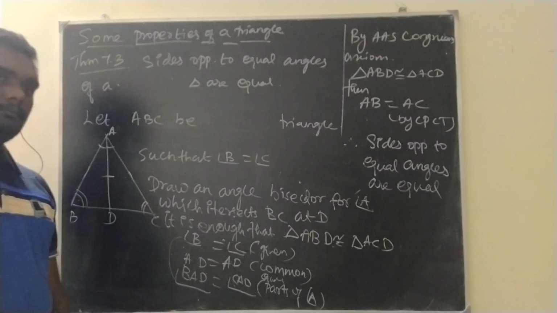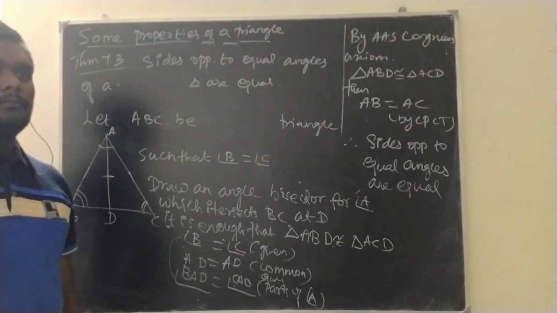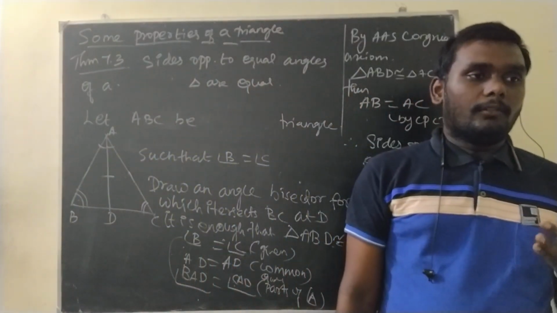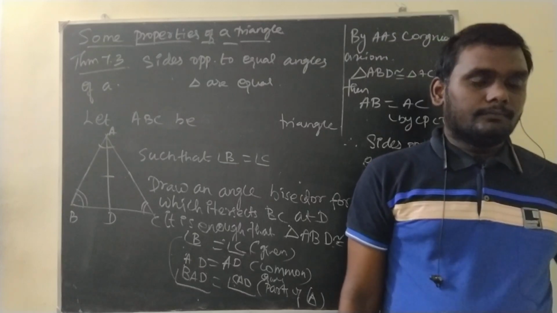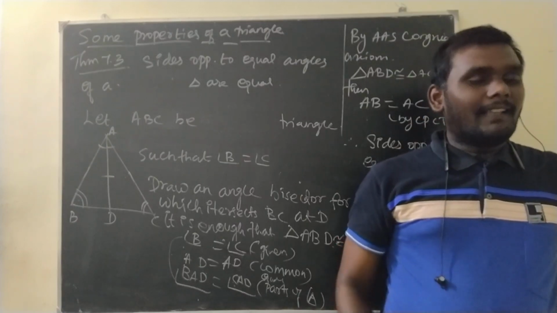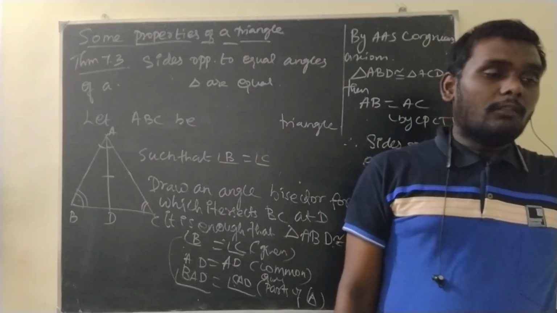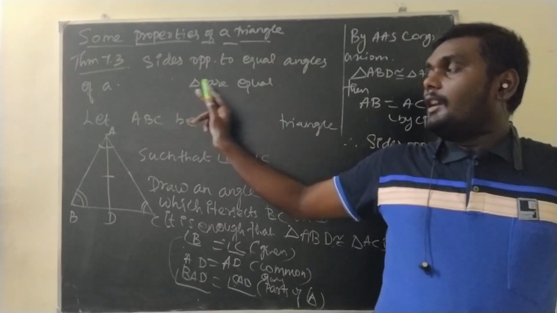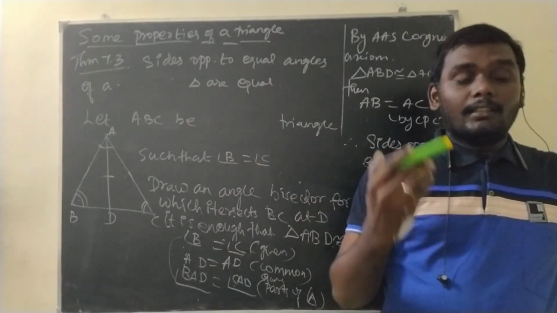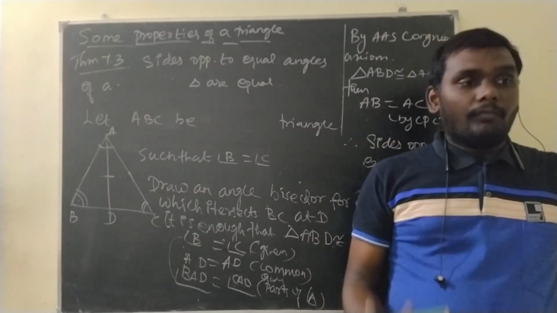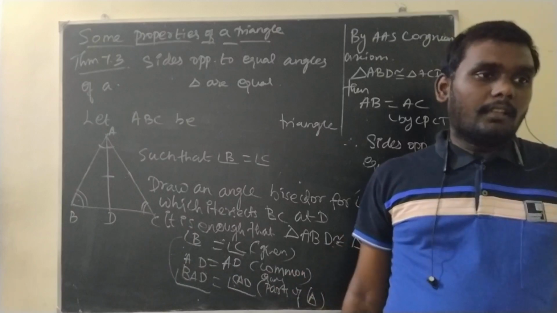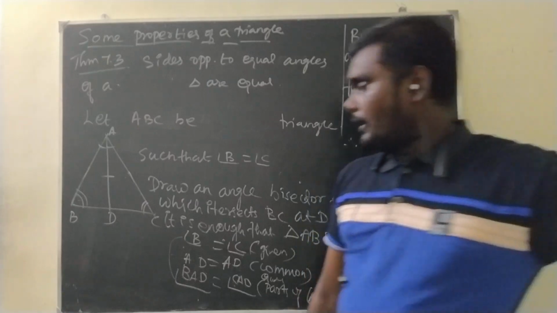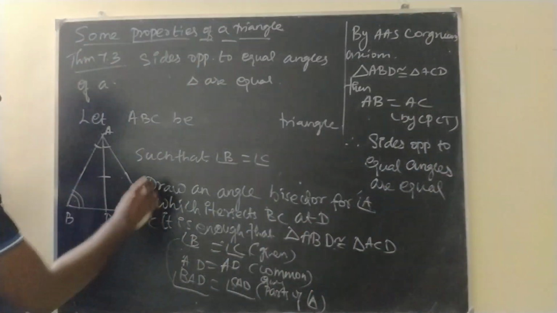Shall I explain this one more time? See, previously we have proved that the angles opposite to equal sides are equal. So, in the question itself it is given that the sides are equal, we need to prove the angles are equal. Now, in this case, the sides opposite to equal angles are equal, which means the angles are already equal. We need to prove the sides are equal. Sides in the sense this AB is equal to AC, we need to prove. Okay. So, we have to write the to-prove also. We have written the given part. So, we need to prove